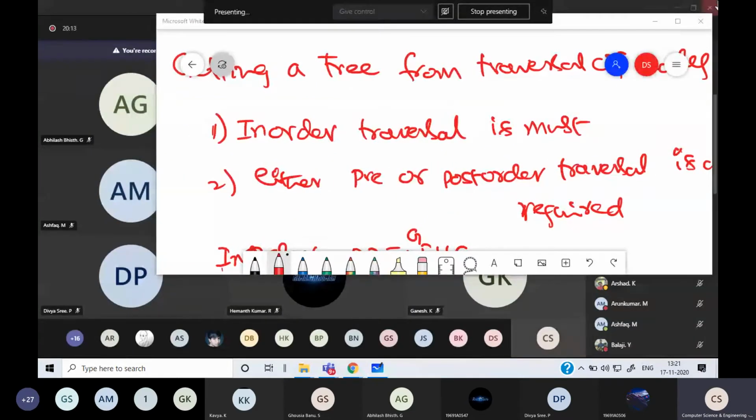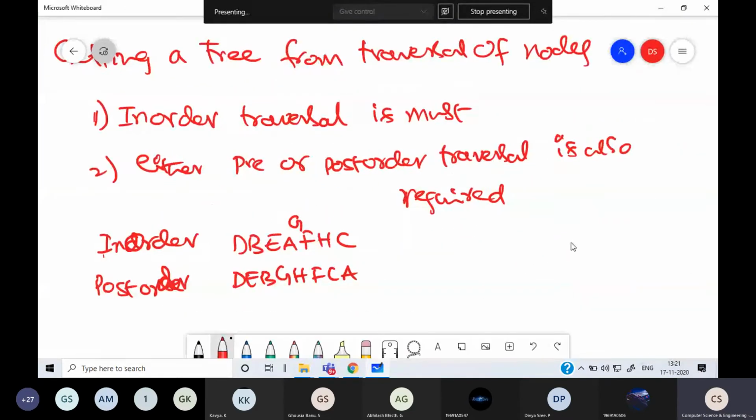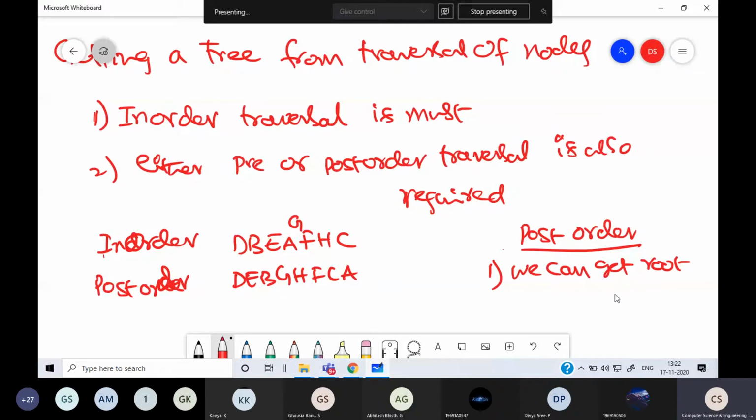Now, what we have to do to proceed here is, one piece of information we can get from post-order traversal is the root. So why we require post-order or pre-order is that we require the root. From post-order we can get the root node. How do we get the root node? Even in pre-order, we get the root node. How do we get the root node from post-order? The last node is the root. In pre-order, the first node is the root. So that is one important point to get the tree. So we can get the root from post-order.